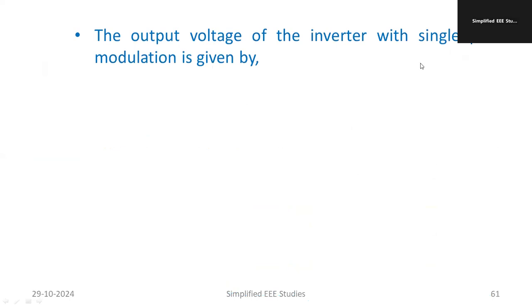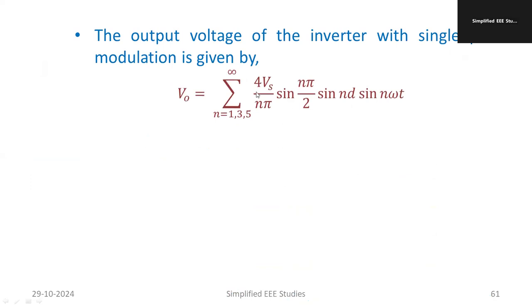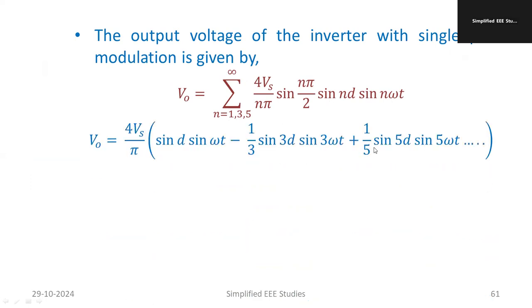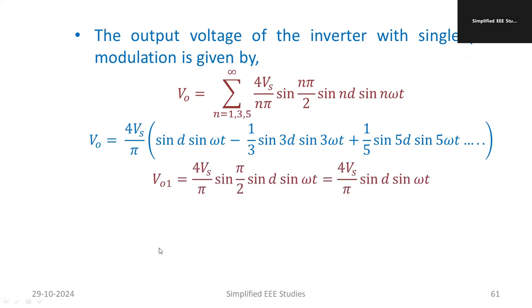The output voltage of the inverter of single pulse modulation is given by one equation. There is one Fourier equation: 4 Vs divided by n pi, where n varies over the odd numbers 1, 3, 5 to infinity, sine n pi by 2, sine nd, sine n omega t. If you elaborate it, you get 4 Vs by pi sine d sine omega t minus 1 by 3 sine 3d sine 3 omega t plus 1 by 5 sine 5d sine 5 omega t. What you understand in this equation, if you separate this part, is that